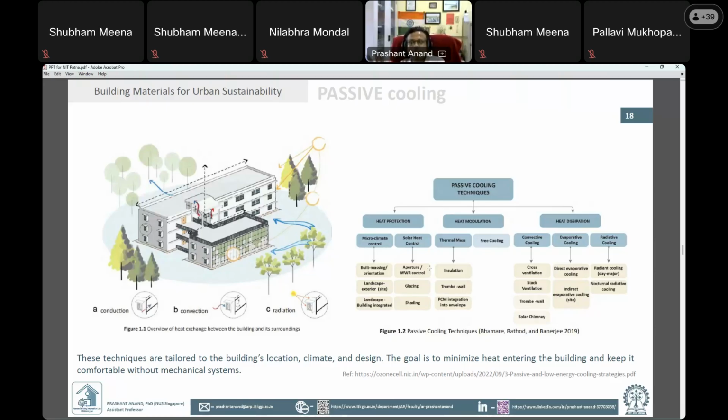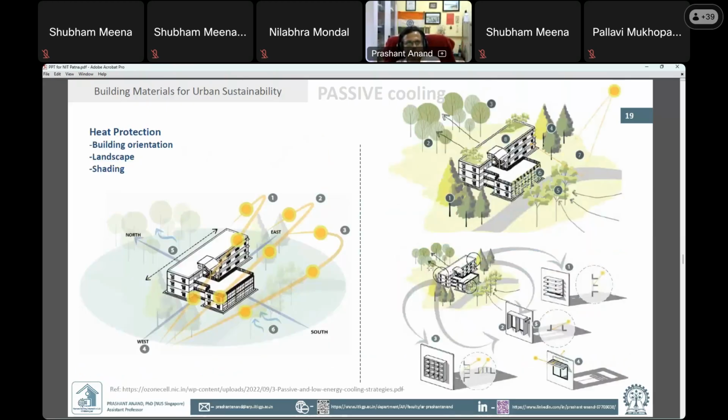Second is the free cooling concept. Then third is heat dissipation: we tried our best for heat protection, we tried our best for heat modulation, but still we are not able to maintain comfort inside. Then the third thing is the heat dissipation, like the convective cooling, the evaporative cooling, radiative cooling, all these cooling mechanisms. Okay. So these are some of the pictures, just an illustration of how building orientation is helping,